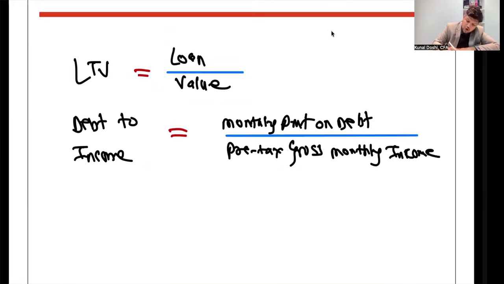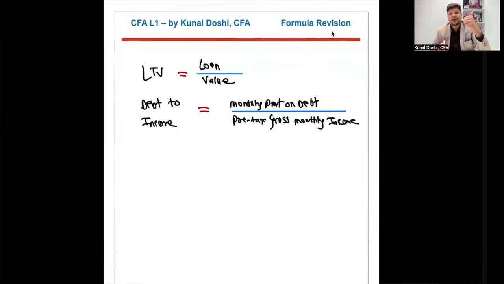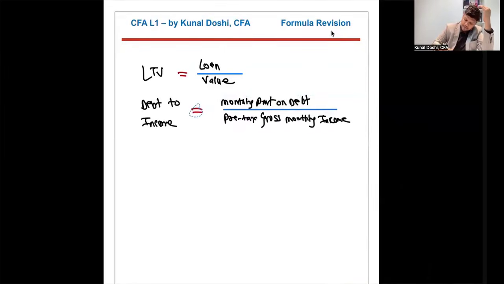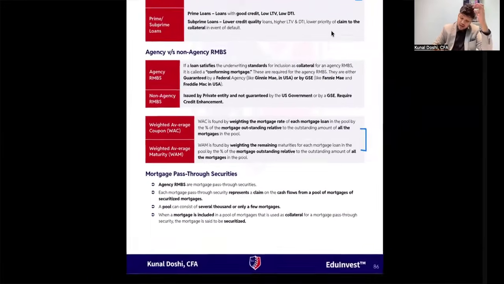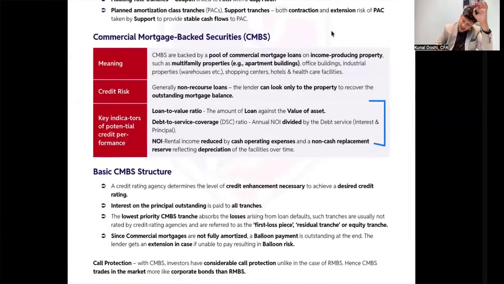Now remember, loan to value ratio, lower is safer for the bank. Debt to income ratio, lower is safer for the bank. Clear? This is under residential mortgage. Under residential mortgage, remember, it is the borrower's paying capacity which is important. But under a commercial mortgage, you will see something similar. You will also see loan to value ratio, but you will see another thing that is called debt service